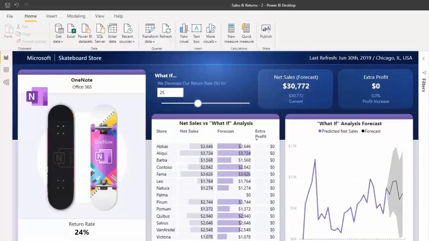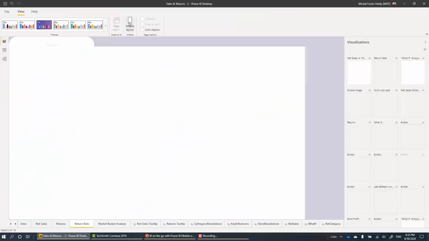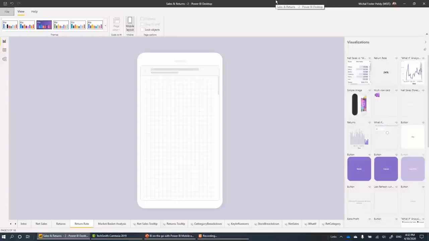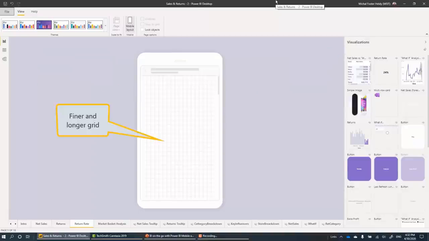First, let's go to Mobile Layout View. The change is notable. We redesigned this view. We now have a modern phone emulator, and the visualization pane on the right has been updated. The grid is now finer and longer. This gives you more flexibility with placing and resizing visuals, and with the length increased, you can now have more visuals in the layout. For example, when I take this button from here and resize it,